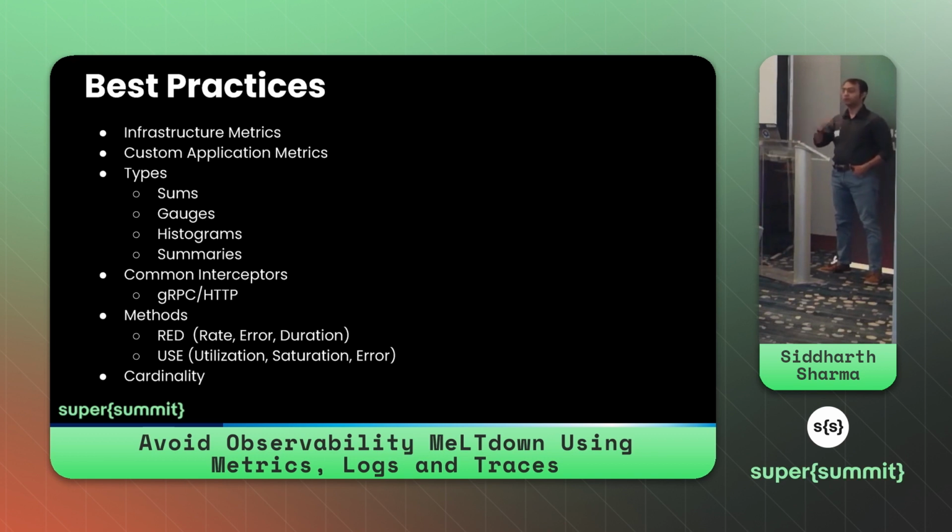Now, depending on what metrics you want, it could either be a simple counter which can go up and down, so you can say number of emails sent per day, or you can have gauges. Gauges are a single atomic value which is observed at a single point of time. If you have a message queue, where messages are getting produced into that queue and consumed from the queue, but at any point of time you want to know the number of in-flight messages, that is a gauge. Any time you observe that value, you will see a single number.